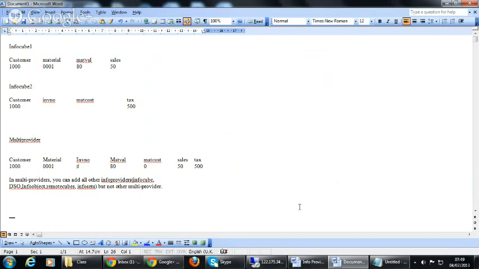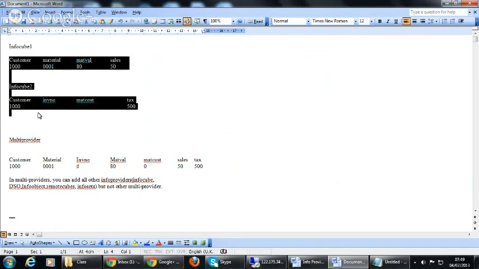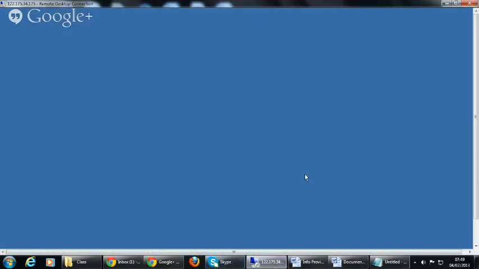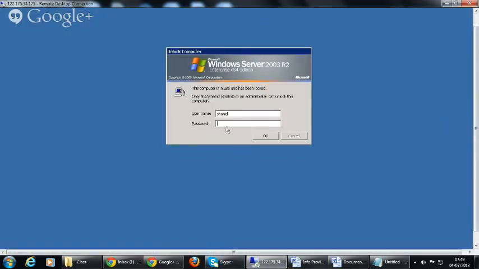So there is a wide range of info providers that you can add to the multi-provider, and we have seen the use of multi-providers. Here we can consolidate the data. It is a union query. It adds up and consolidates the data and the fields in the multi-provider, and if two or more info providers are passing the same characteristic, then we have to do the identification of the characteristic. Now we are going to see this so that you can get a clear picture of how a multi-provider works.